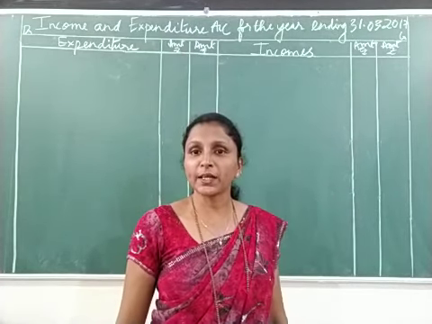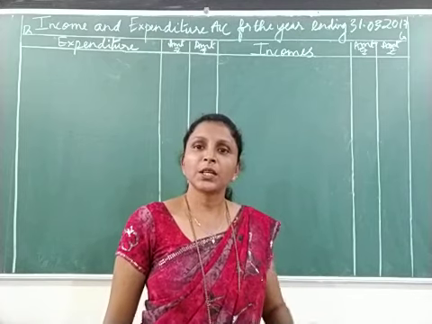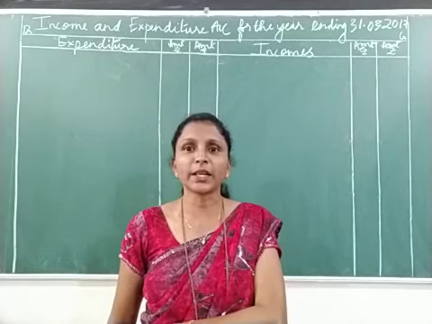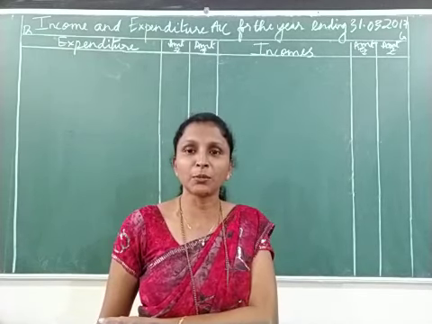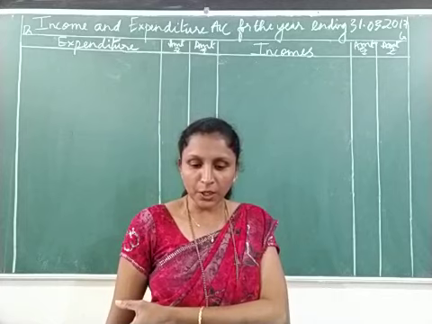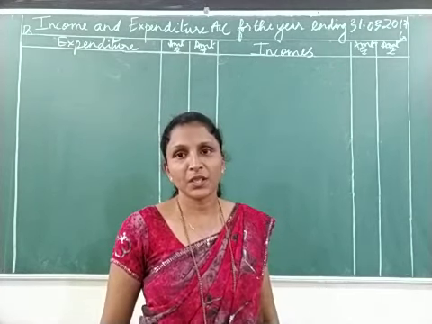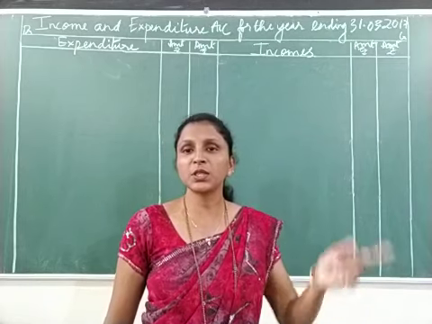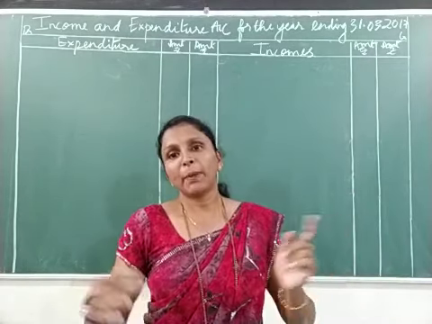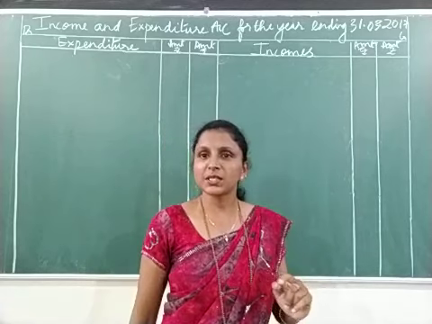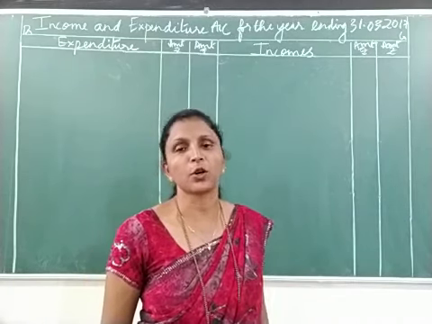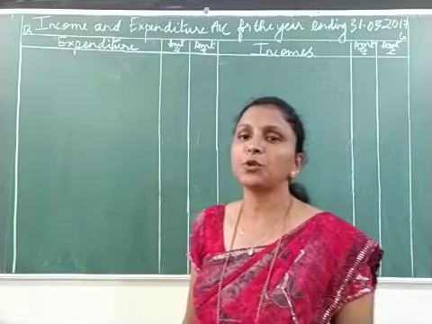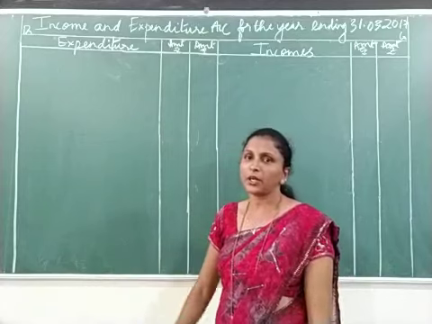What is that to balance brought down? It is nothing but the opening cash balance. See the receipts and payments account on the credit side, at the end there is one item given: by balance carried down 7,700. That is called closing cash balance. So to balance brought down means opening cash balance. By balance carried down given at the end means it is closing cash balance. Okay, so let's move on. So this is clear to you that the first item, to balance brought down, we are not taking.